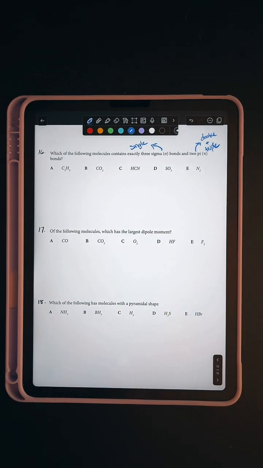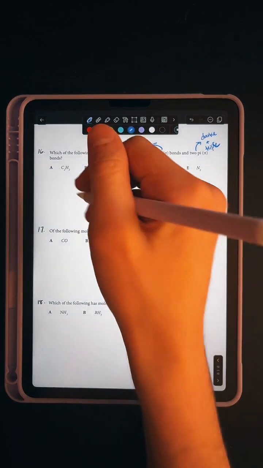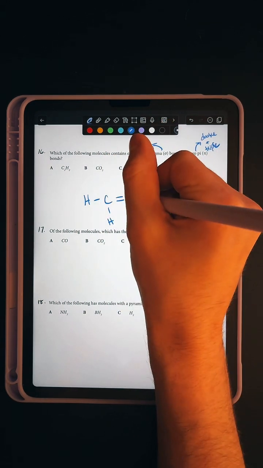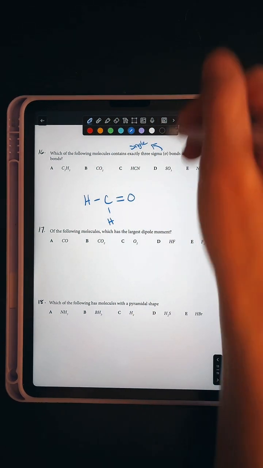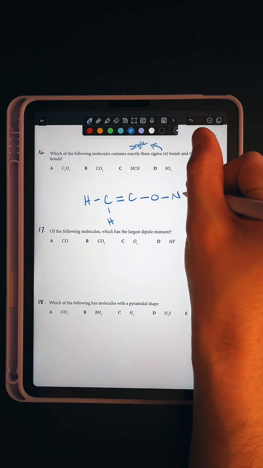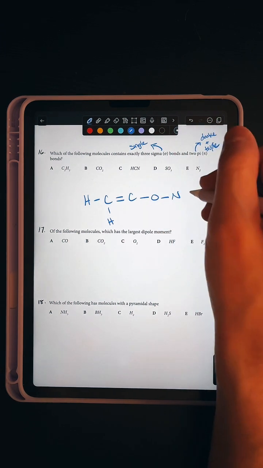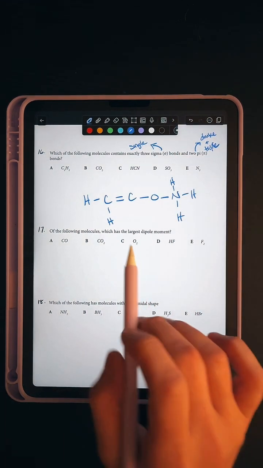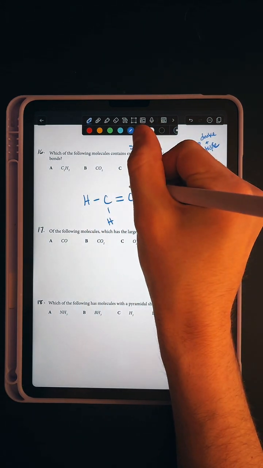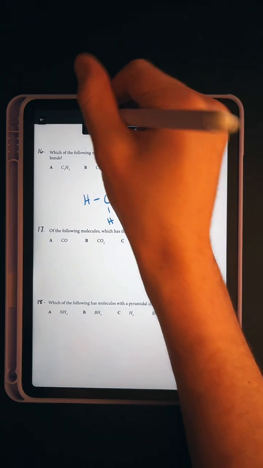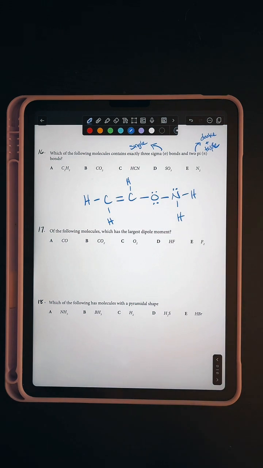So I'm going to draw just a random molecule here. Let's do something like this, and then we'll have oxygen. No, I want another carbon. We'll do another carbon, then we'll do oxygen bound to a nitrogen bound to 2 hydrogens. We'll do this for now. So with this molecule, this doesn't actually exist. There we go. So like this giant molecule here, we can figure out how many sigma